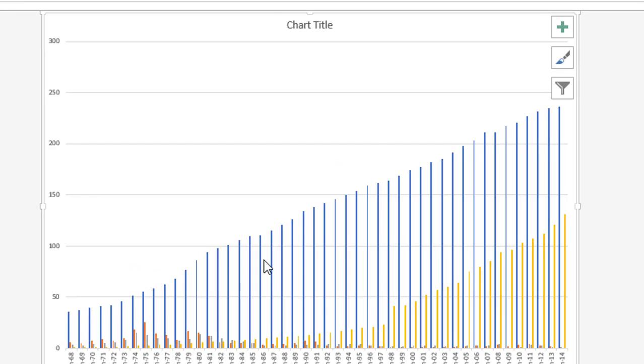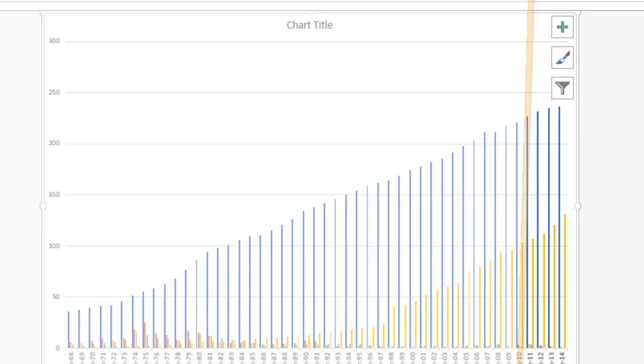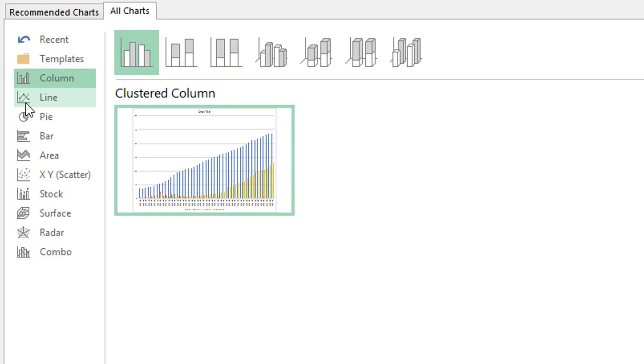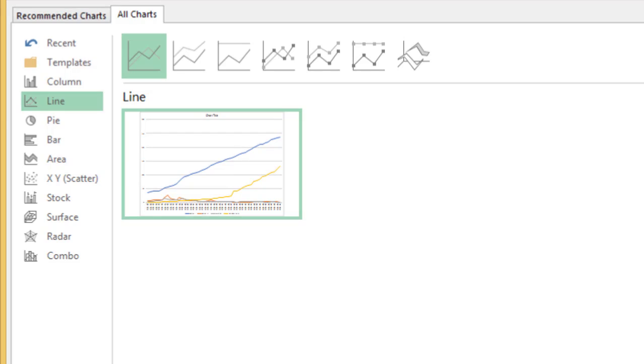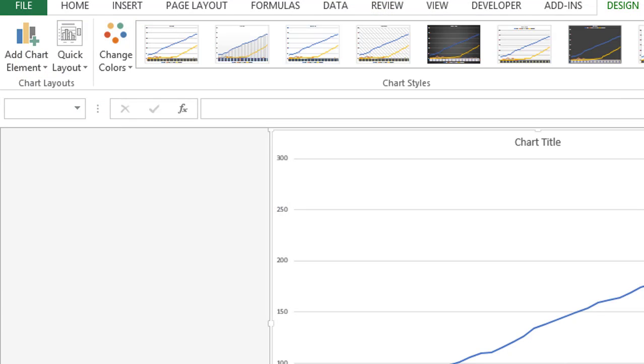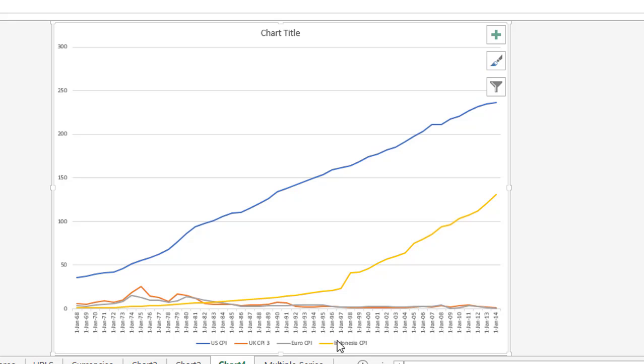Press F11. And now once we have this graph, which I might not like, and we might make a line graph, you know, then see, we have US, UK, Euro, Indonesia, US. I have a feeling some of these are percent changes and all that. I have to fix the thing a little bit, but then we'll put a list box